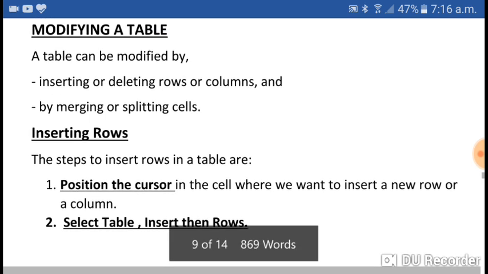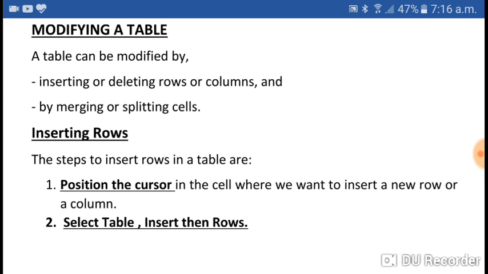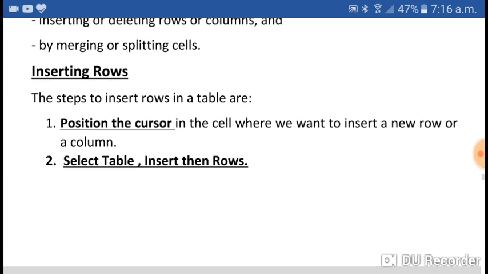Let us discuss modifying a table one by one, like inserting rows, then deleting rows, inserting columns, deleting columns. It's very simple. Firstly, inserting rows. How to insert a row? Simply position the cursor in the cell where we want to insert a new row or a new column.